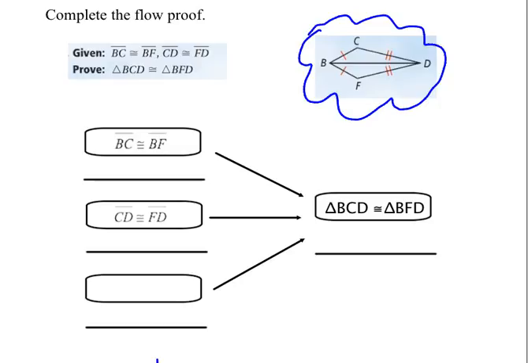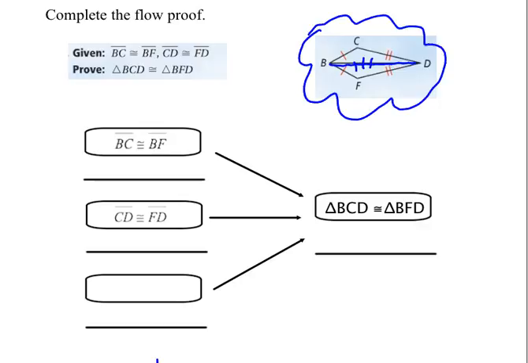Do we know any angle measures? No, we are not given anything. So now you should think, hey, if I don't have any angles, I'm resorting to side, side, side. Can I find a third pair of congruent sides? Well, sure. BD is in both triangles, and you know that it's equal or congruent to itself. And there you go. We have our 3 pairs